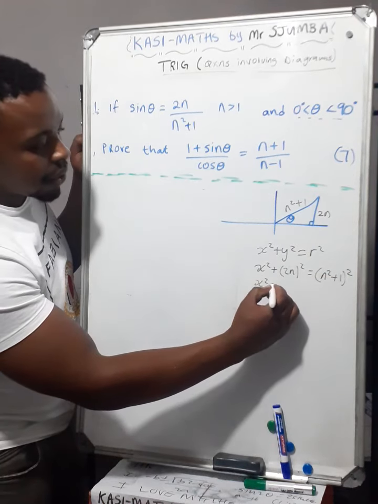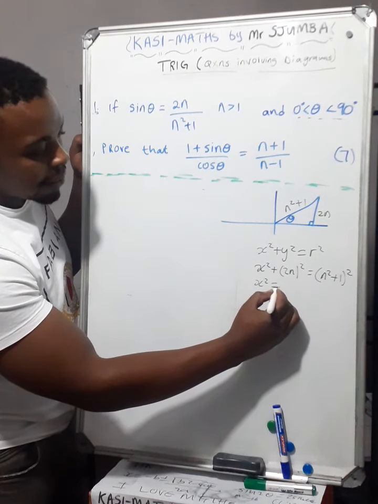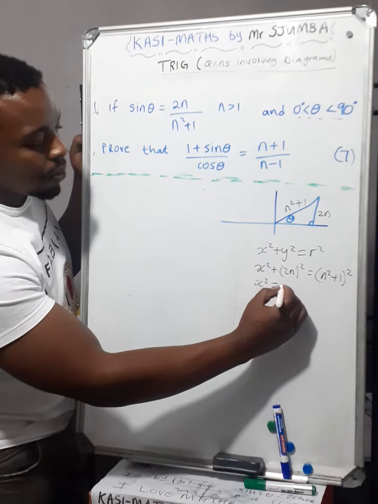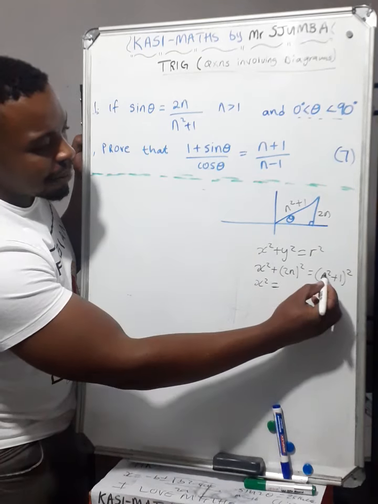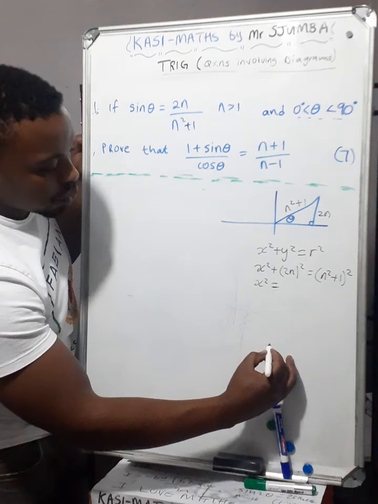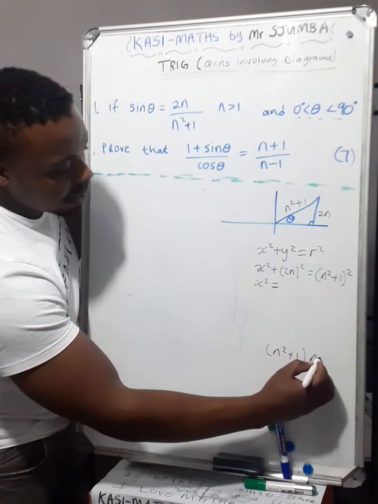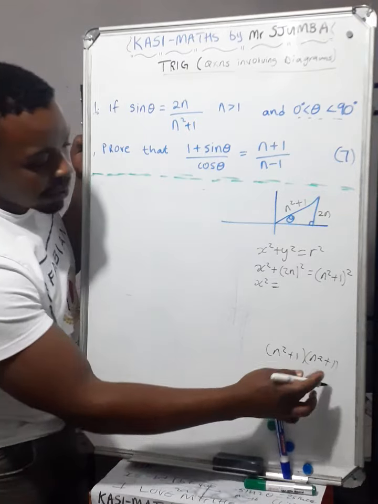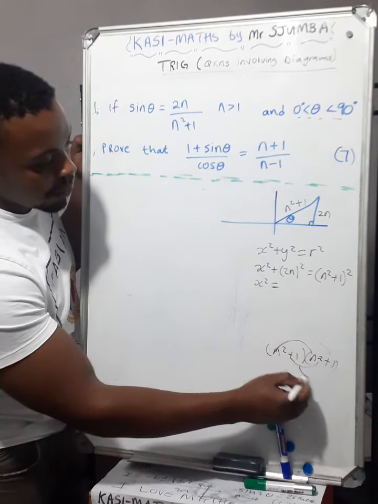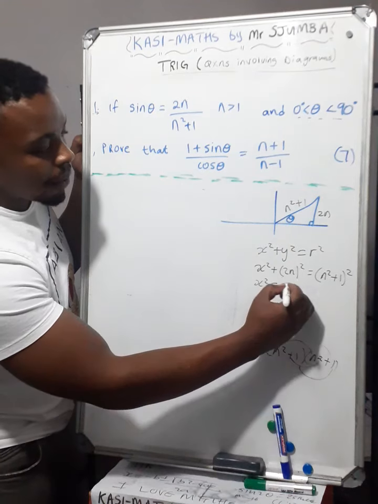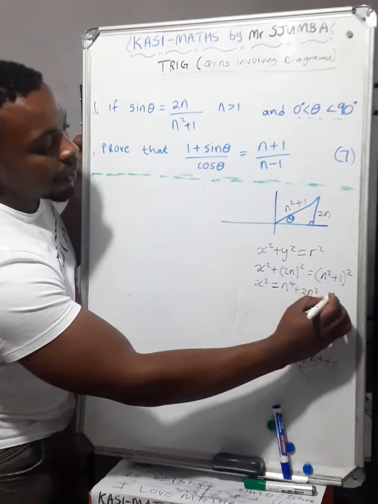We bring down x squared and multiply out the brackets. If we multiply out, we're going to get n raised to 4 plus 2n squared